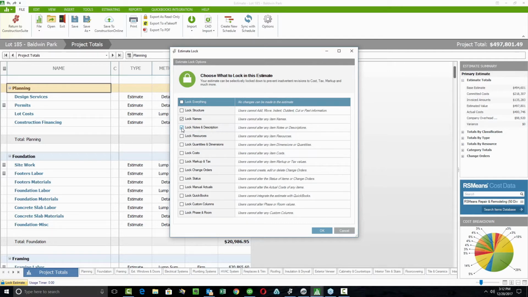I've seen people put in as many as, I think we've got one company that had about 8 pages worth of text in one of their notes fields. You can put all that together. You can have it preloaded into your estimates, and now you can lock that down so that nobody goes in and accidentally deletes those areas or anything like that. Huge benefit there. You'll also have some incredible options here for doing things like locking your costs, your markups and your tax rates, any of your statuses for these sections,